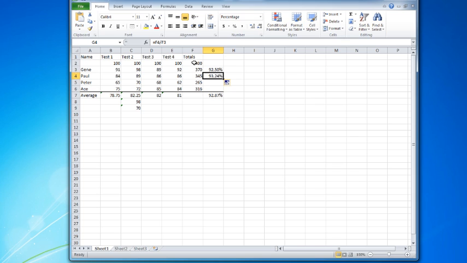Well, we want to divide it by F2. So how can we make this autofill work? Well, I'm going to go ahead and erase these contents here. And I'm going to come up here and show you something. You can make the column or the row or both what they call an absolute cell. By doing this, all we need to do is put the $ sign, which is the shift above the 4,